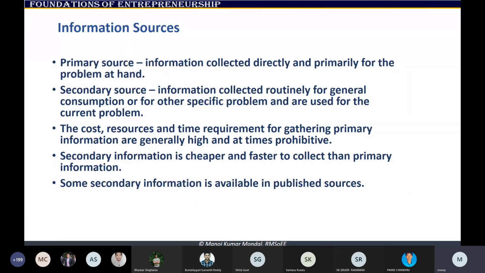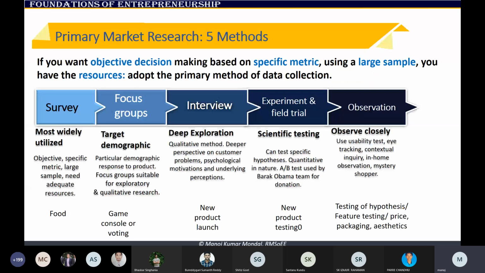Now, information source, primary, secondary, I don't think you need any more explanation. If you are doing primary, then there are many ways to do that. One is survey. You design a questionnaire, send it to individuals, and they respond by filling it in. That is called survey. You can send it by mail, by internet, meaning email, or you can stand somewhere in the marketplace, distribute this questionnaire, ask them to fill it and then immediately deposit it.